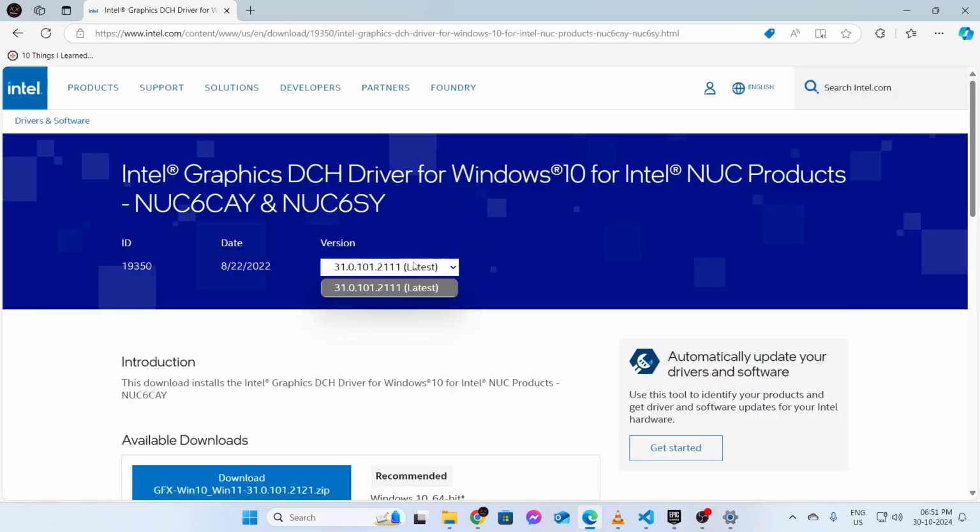From here, you can see different versions of the Intel DCH driver. You can either download it from here, and this is basically the manual process. If you want to automatically detect your version and the driver and automatically download it for your PC, what you have